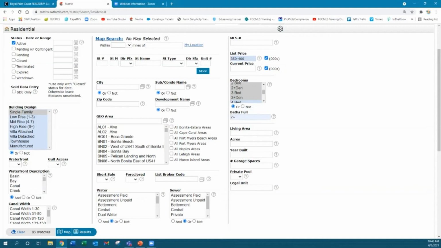Maybe they want something around 1,600 or 1,800 square feet, but they have some flexibility. So you could enter 1,500 to 2,000 or something. Again, if it doesn't matter, if they haven't gone into a lot of detail about that, then you can leave it blank. Acres, of course, is how many acres they want. If it doesn't matter, you can leave that blank. Year built: if your customer doesn't want anything, and I actually need to change that to 2001 plus,